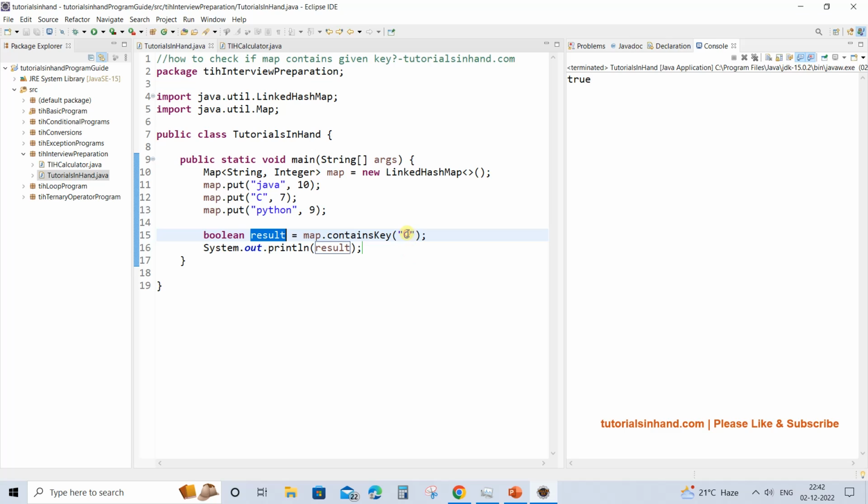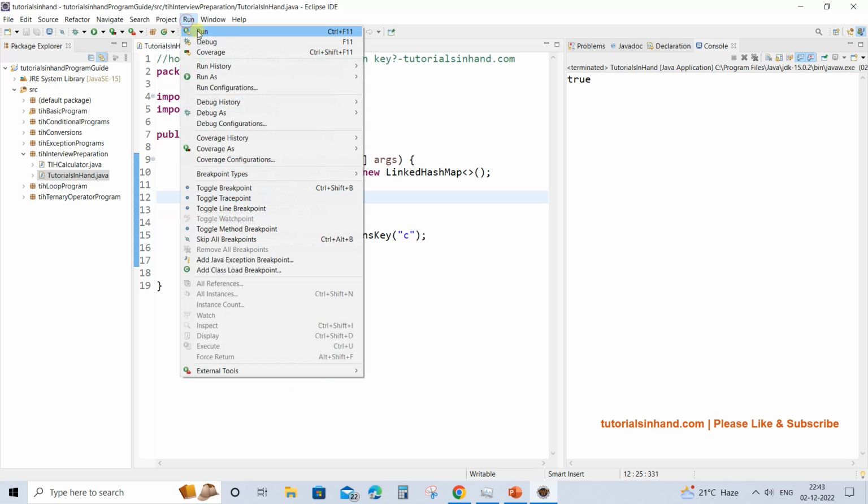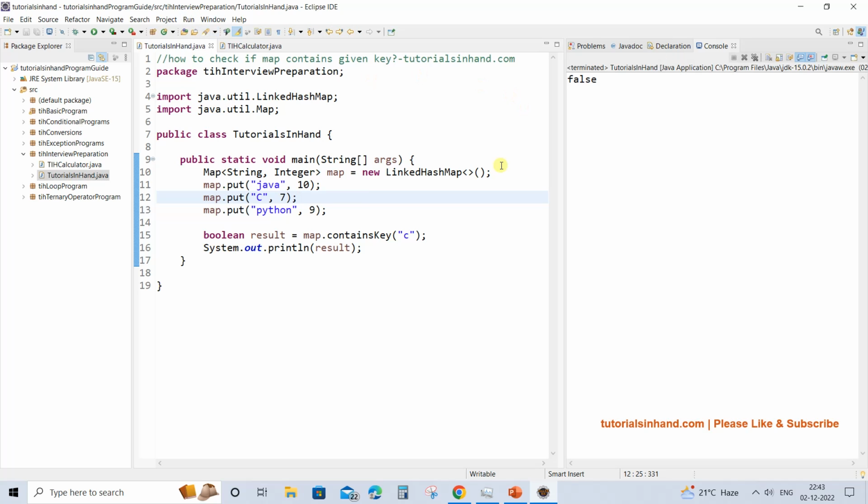But let's see whether this is case sensitive or not. Now we try to enter the lowercase c. Here uppercase C is present, but here we are passing the lowercase c. In this case if we run, it will return false. The reason behind that is that capital C and small c give different hash code values. If you are aware of the internal working of the map, it works on the hashing technique.